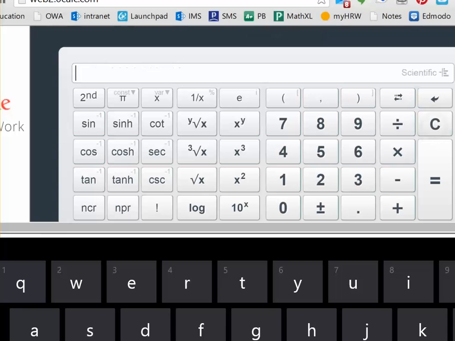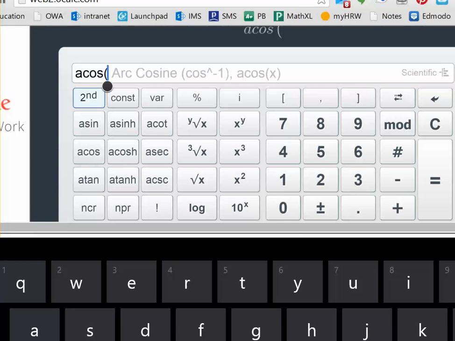So we're going to clear. And this is where we have to use, see the little -1 in the gray there on the cosine? We have to use the second key to call that up. And notice on this calculator, it turns it to a cosine. That just means arc cosine. It's another fancy way of saying inverse cosine. And they show you right there in the bar that it's -1. So the arc cosine of, and I'm just going to do it like a fraction. How about that? 6 divided by 10,